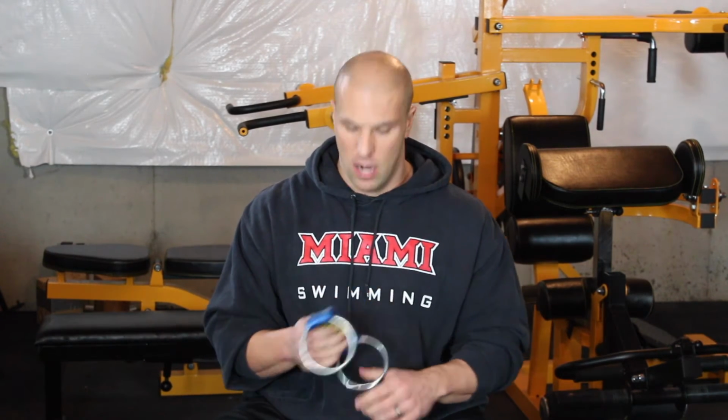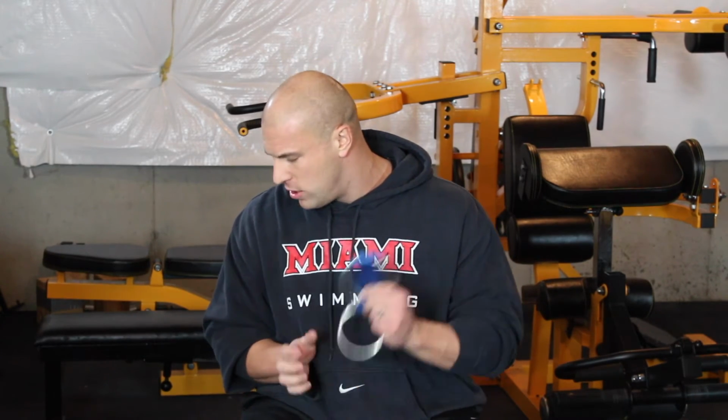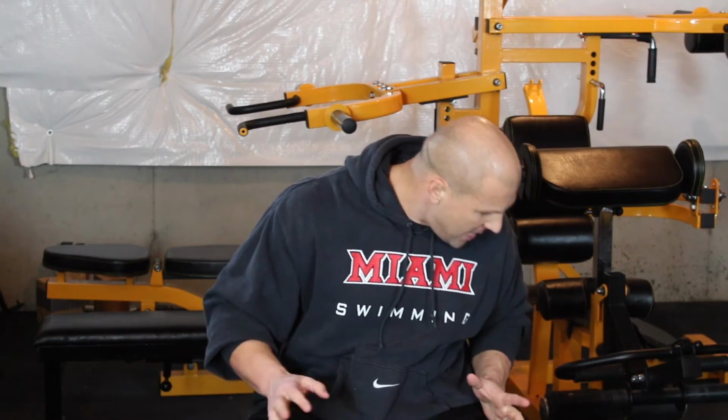These chain loaders are great because they help you load the chains on the bar and they won't slide off. If you just drape them over, they could slide. So these are good to have with you in your gym bag or in your home gym. The next thing we'll talk about,